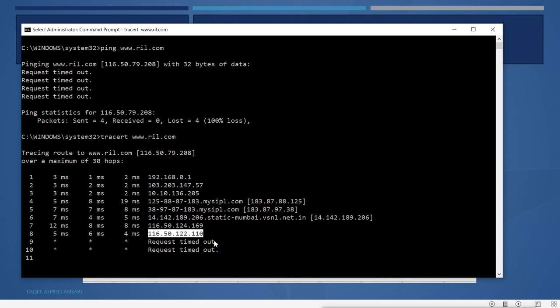That means they have this router there, which is connecting them to the internet, and after that they have this firewall which is blocking the traffic. So this can be a router connecting this network to the internet, and after the router they have the firewall, and this firewall is blocking this ping request, and it keeps blocking. It will not reply, we will not get any reply.